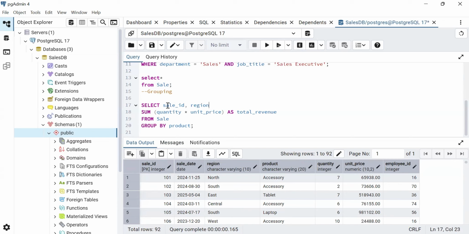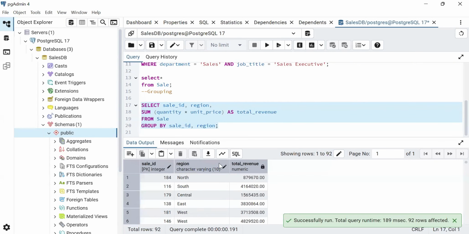Then comma, we have used the aggregation function as follows. So when we come to group by, we have to also indicate that we want to group by sale ID, then we are also grouping by region. This way, we will be correct based on that syntax, right? So instead of saying all, okay,